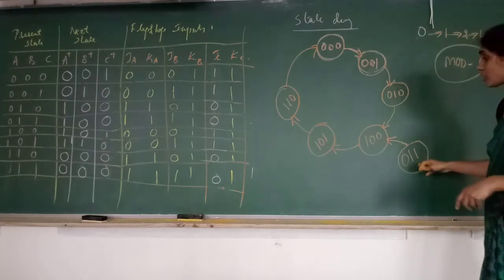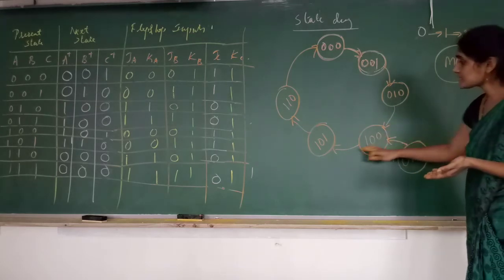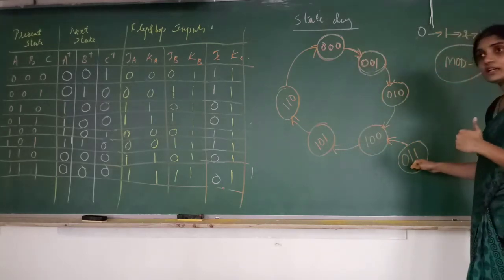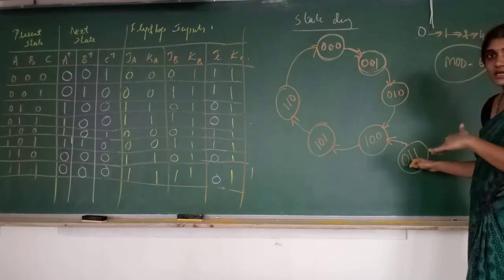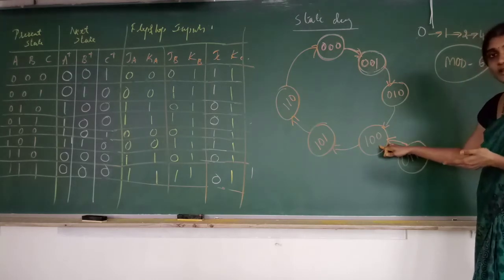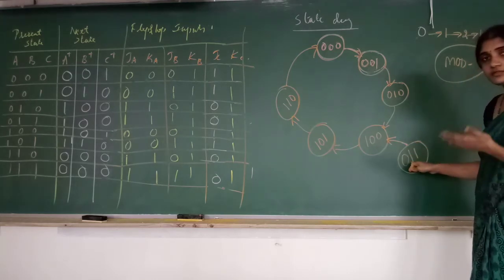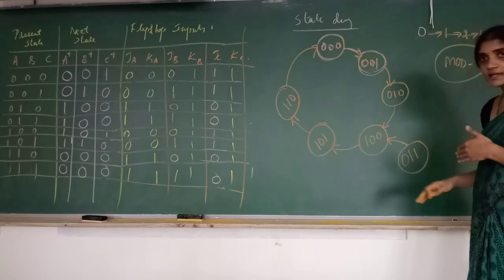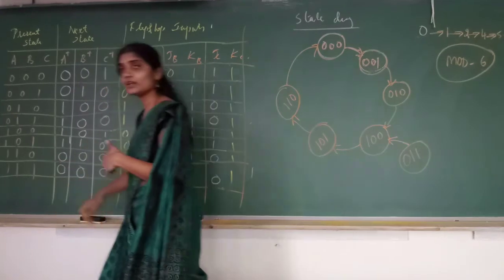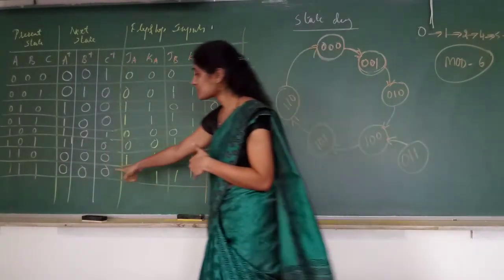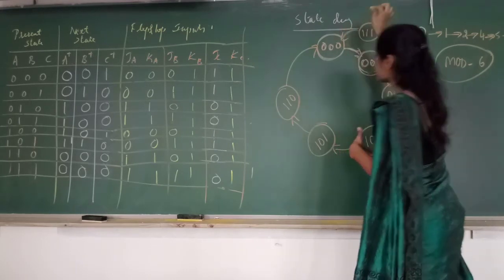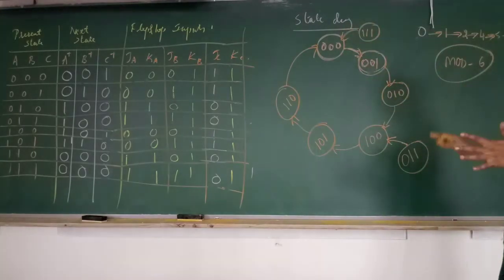I have told you these are called self-correcting counters. See, this is the actual sequence. If any error occurs and the counter enters into the other states which are not in the sequence, it will correct itself. That means it will come back to 1 0 0. So if the present state is 0 1 1, it will come back to 1 0 0. In the same way, if any error occurs and the counter enters 1 1 1, what is the next state? 0 0 0. So if it is 1 1 1, it will come back to 0 0 0. Now this is going to be the complete state diagram for this circuit.